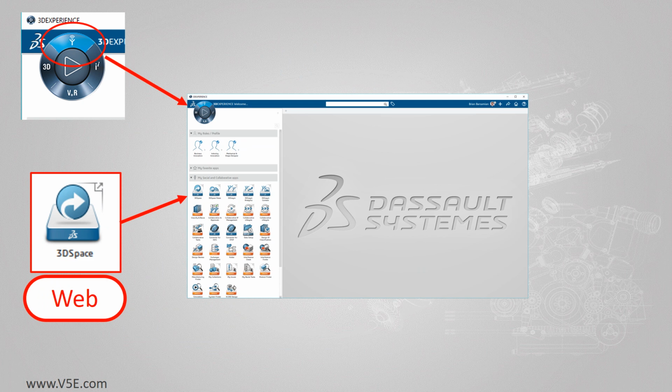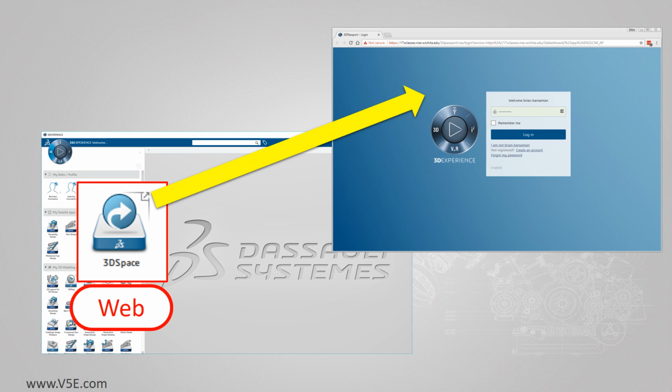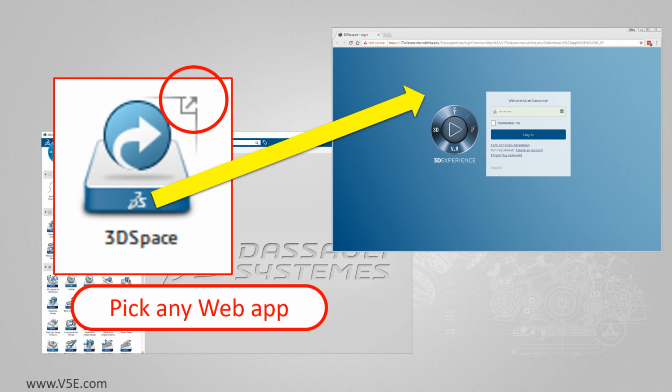The app we need is only a web app. So it opens an internet browser window, and of course you're going to log in. Now you don't even have to pick the 3D Space app. You can pick any web app and they'll all take you to the portal.